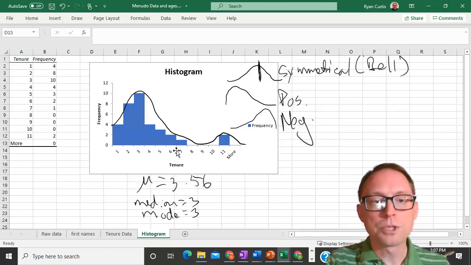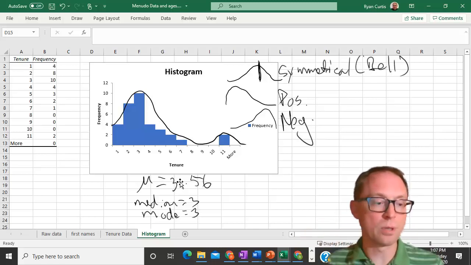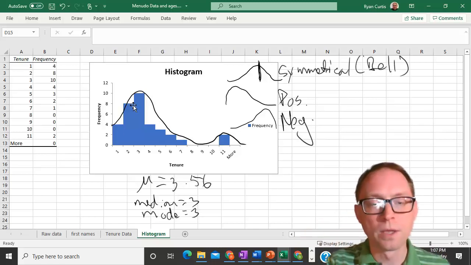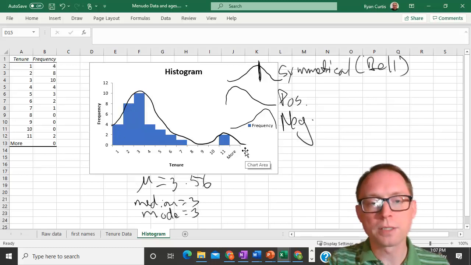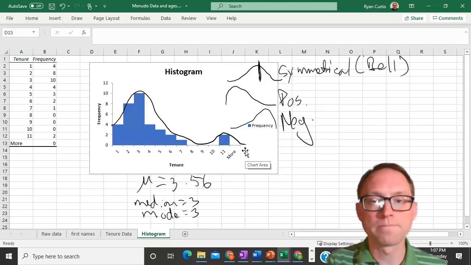What we see here is a positive skew because the positive scores are pulling the mean in a positive direction. You should be able to look at a distribution like this and say, oh, I know that the mean is going to be higher than the median and mode because it's positively skewed, right? The mean is pulling it up.